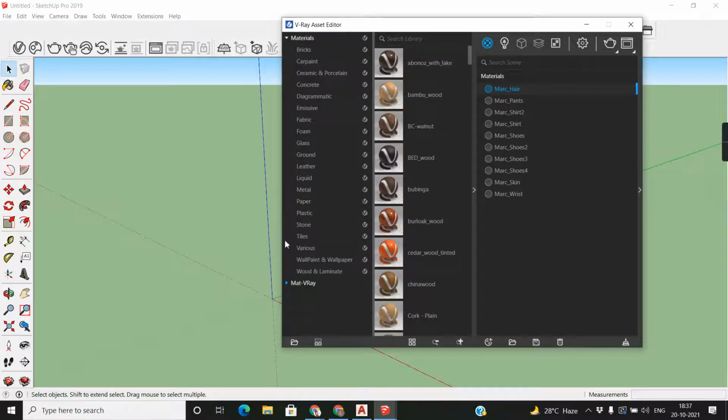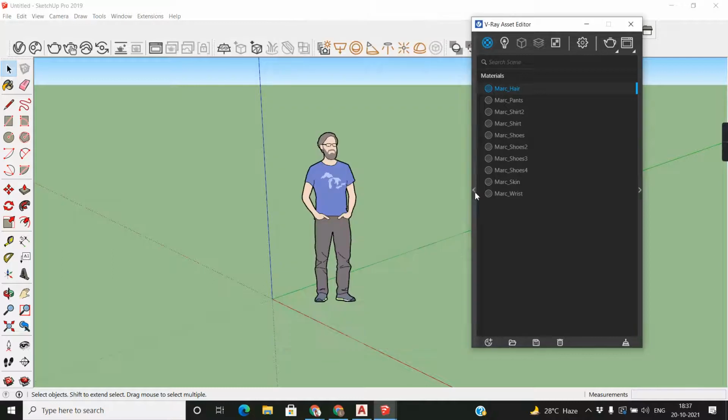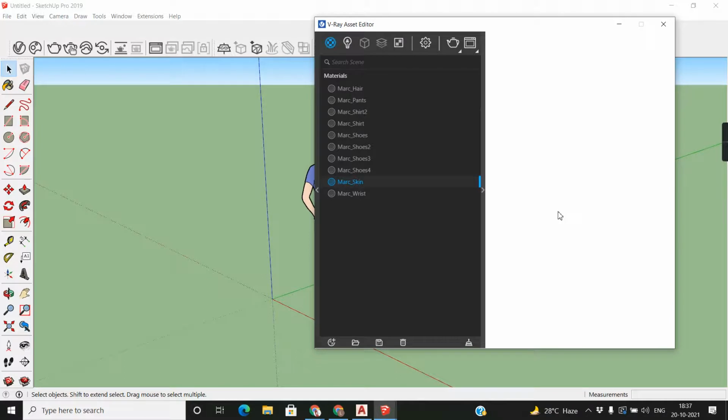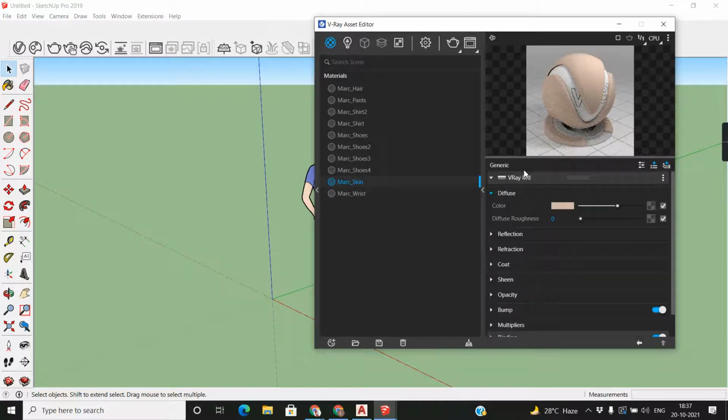Okay, now if I want to close again, just click here, it closes, and if you want more modification, like you need to edit any particular material, just select and click here. So this is the options of material.